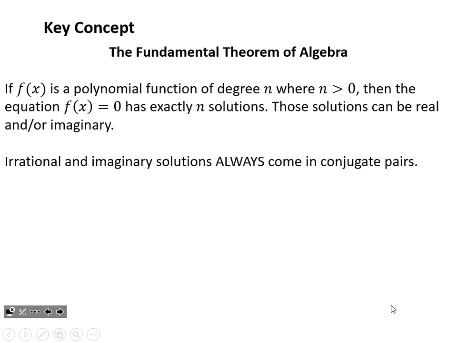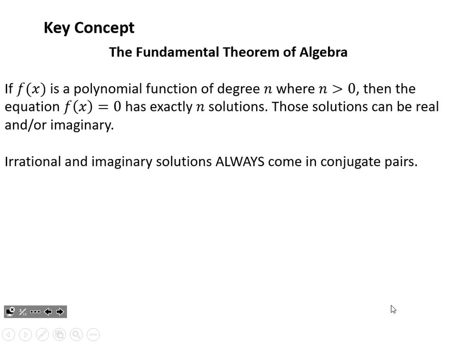When we had studied quadratics in Chapter 3, we found that we got 2 solutions every single time. They may have been real, they may have been imaginary, but 2 solutions. Those quadratics are second degree polynomials, so they had degree 2.